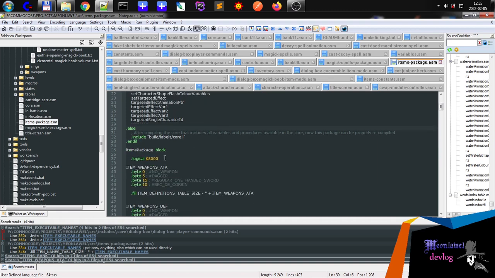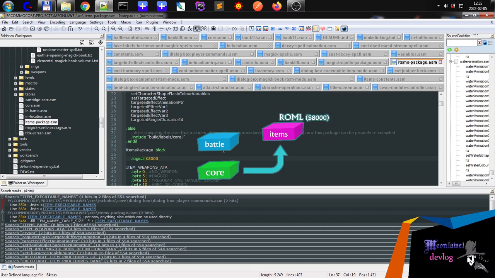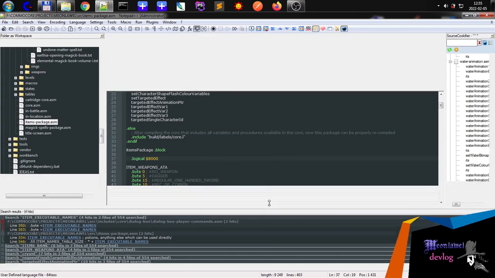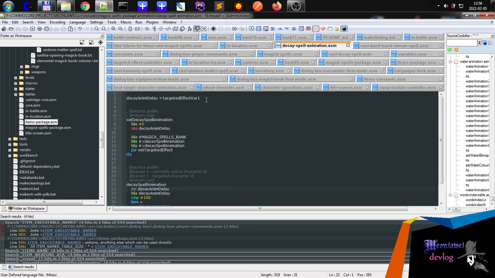I'm also using a trick that packages actually are running in the cartridge location, which is another limitation I needed to go over, because I really didn't have a place to load packages into memory. So I decided just to use it straight from the cartridge. Of course, the main downside of doing it that way is that I cannot modify code that is running in the package. So just to show you an example of one of the spells,